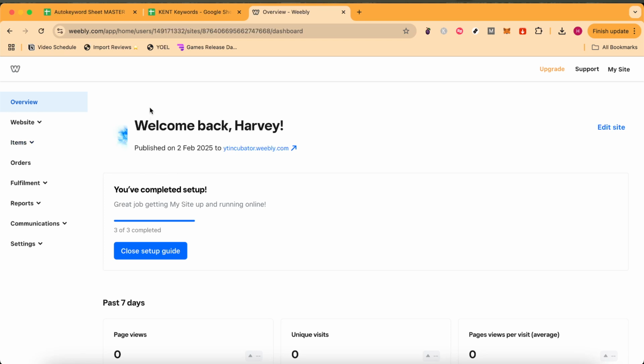You'll want to log into your account or create one if you haven't already. This is the main hub where you'll manage everything related to your site. Once you're in, look for the website tab and give it a click. This action will take you to the section where all the magic happens in terms of building and customizing your site. Now, to start creating your blog, you'll need to edit your site.